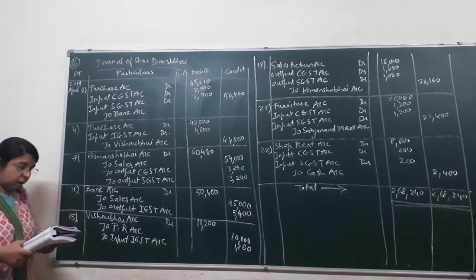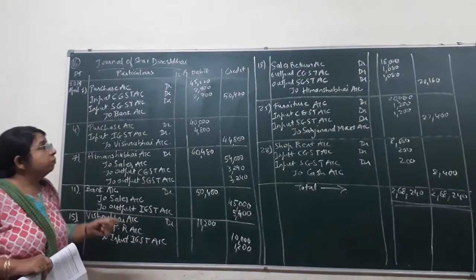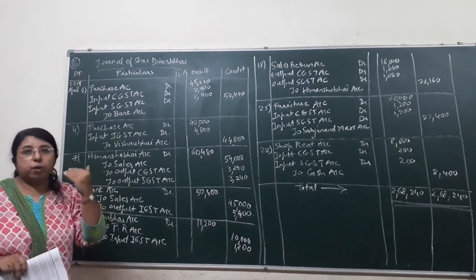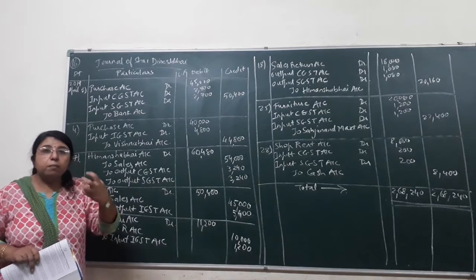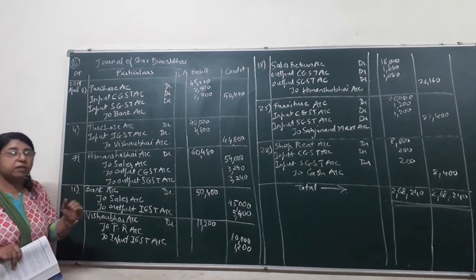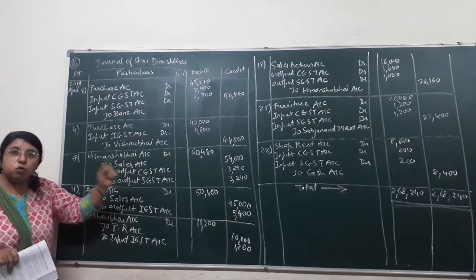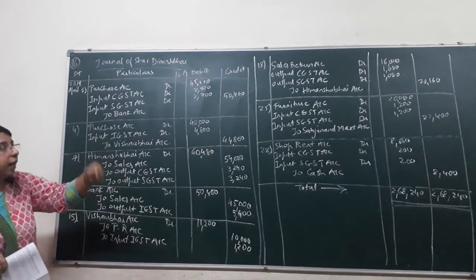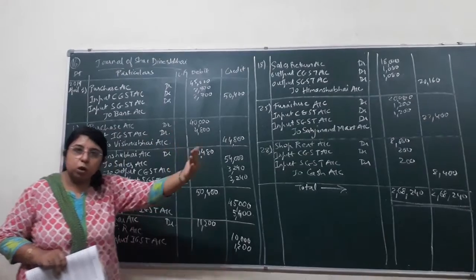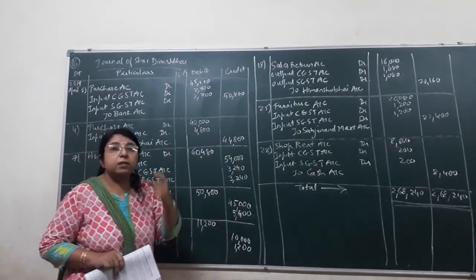Now one third of the goods has been returned by Himanshu Bhai, right? Previously we had sold the goods to Himanshu Bhai. Now he is returning those goods to us. So previously Himanshu Bhai was the receiver of the goods, because we had sold the goods to him, but now we are receiving the goods from Himanshu Bhai. Previously we had sold the goods, now we are getting back those goods. So it is called sales return.